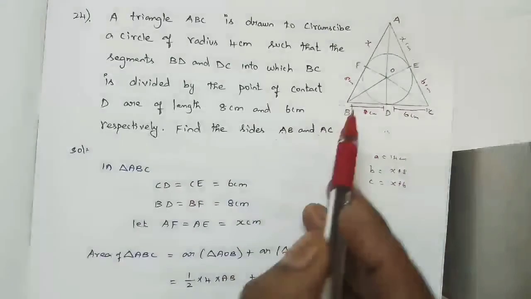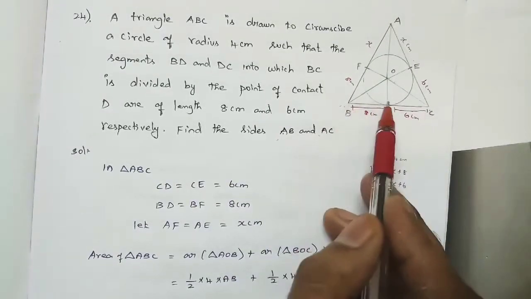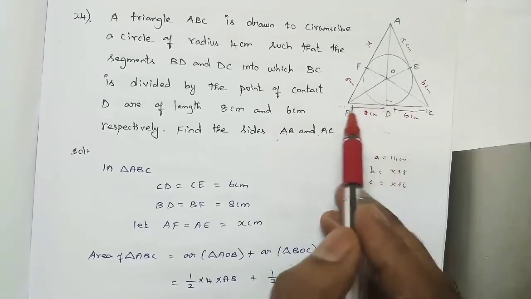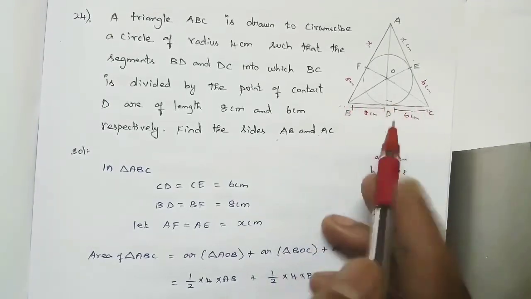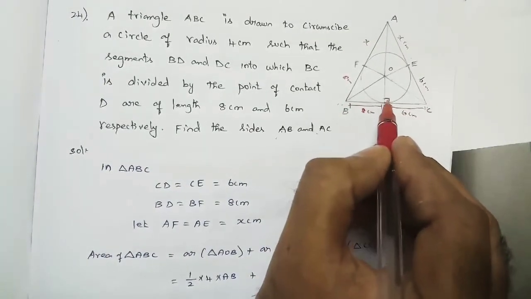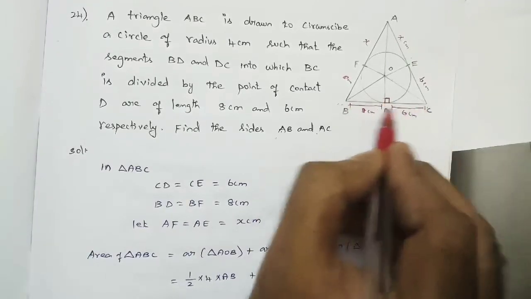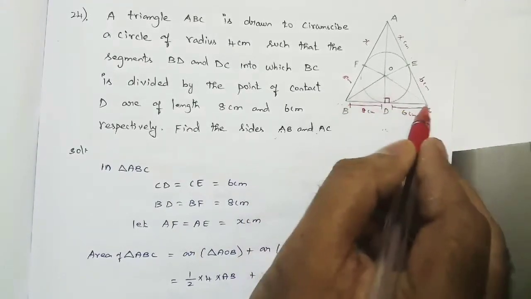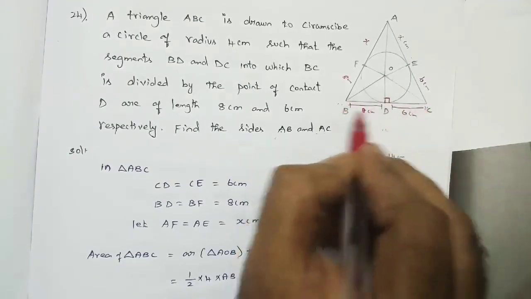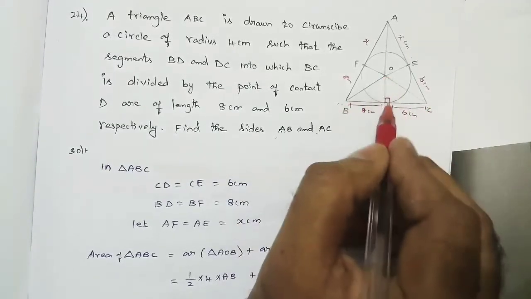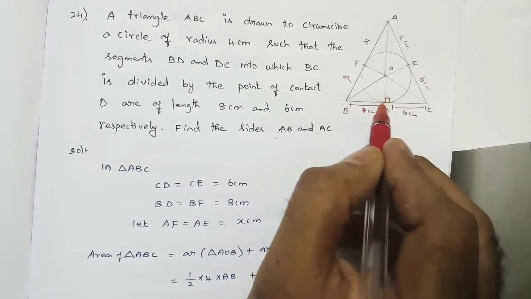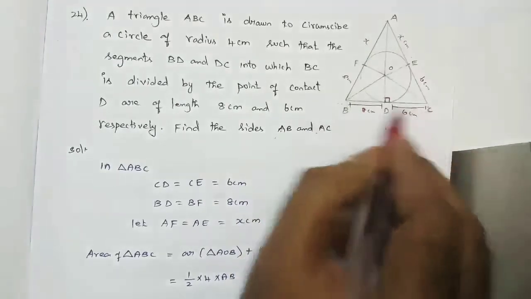So how am I going to find the area of the triangle? See that it's a right angle, right? We know that this is a right angle. So OD is nothing but the height, and BC is nothing but the base. In the BOC triangle, BC is the base and OD is the height. By using the half into base into height formula, I am going to find the area of triangle ABC, right?